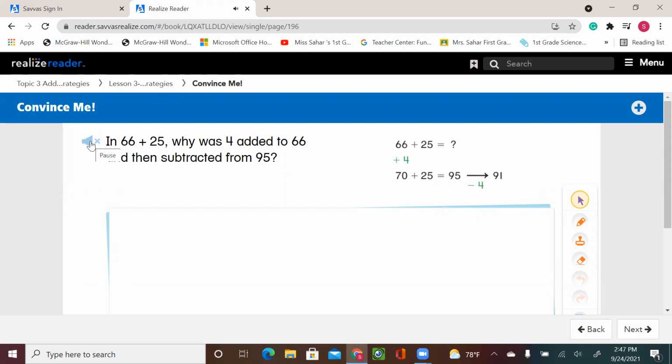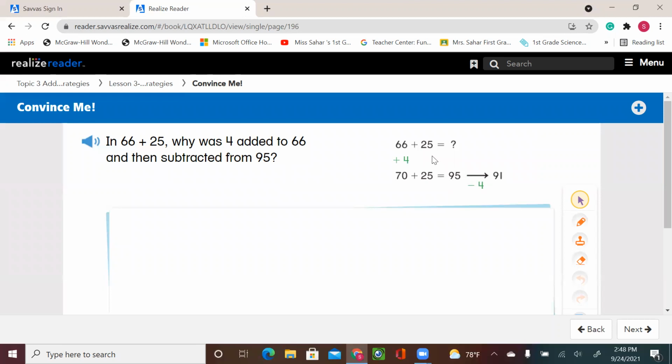In 66 plus 25, why was 4 added to 66 and then subtracted from 95? For this one, we use the breaking. So we have 66 plus 25. I know that I need to make the 66 into 70. So that's why I took 4 from the 25. So minus 4 and plus 4 here. So that would be 70. And then the 25 will be 21. So now it's